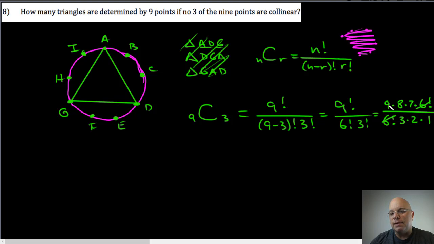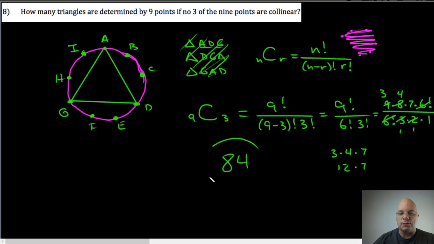So the 3 and the 9 have a common factor of 3, so I'm going to factor out those 3/3. The 8 and the 2 have a common factor of 2, so I'm factoring out those 2 halves. And what I'm left with is 3 multiplied by 4 multiplied by 7, which is 12 multiplied by 7. So that's 84 possible triangles that could be determined by 9 points where no 3 of the points are